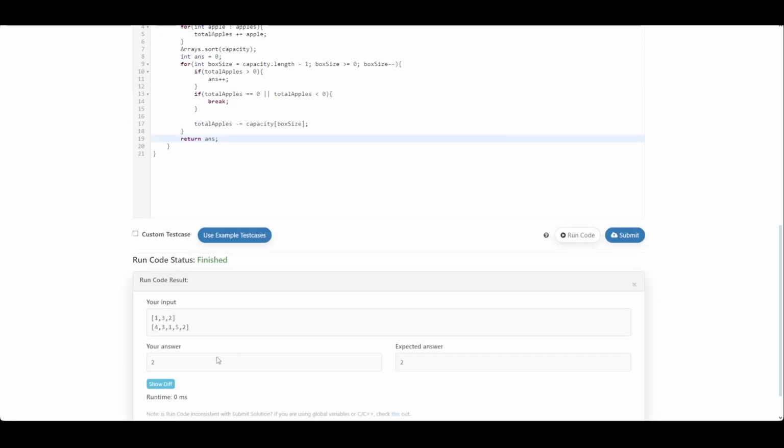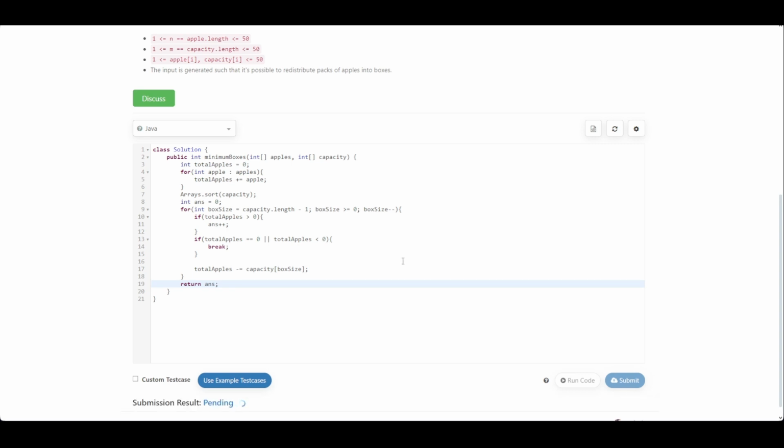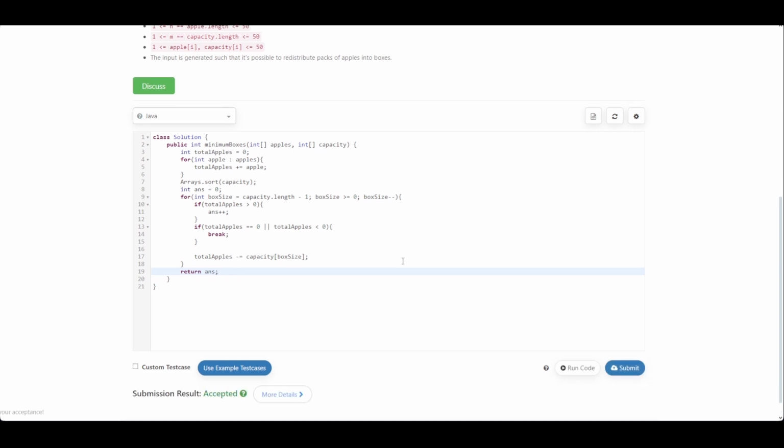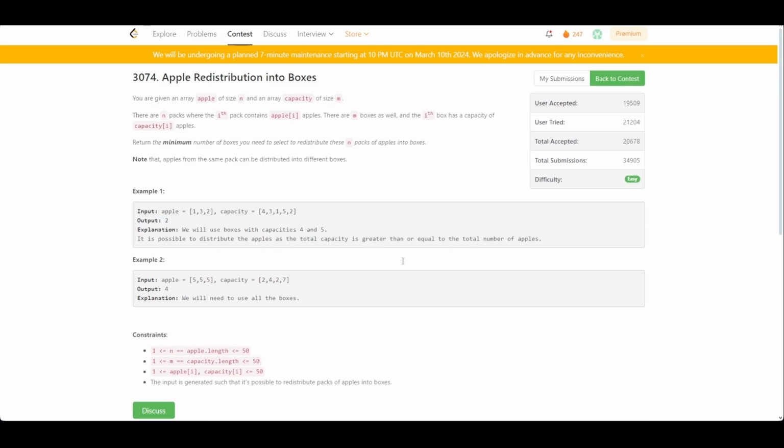Okay, yeah, it says the expected answer matches. Now let's submit it. Yeah, and it gets accepted. Okay, so now let's move towards the next question, that is